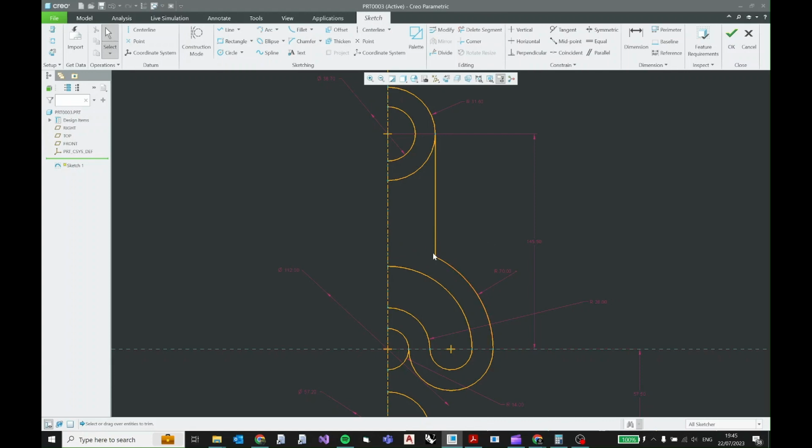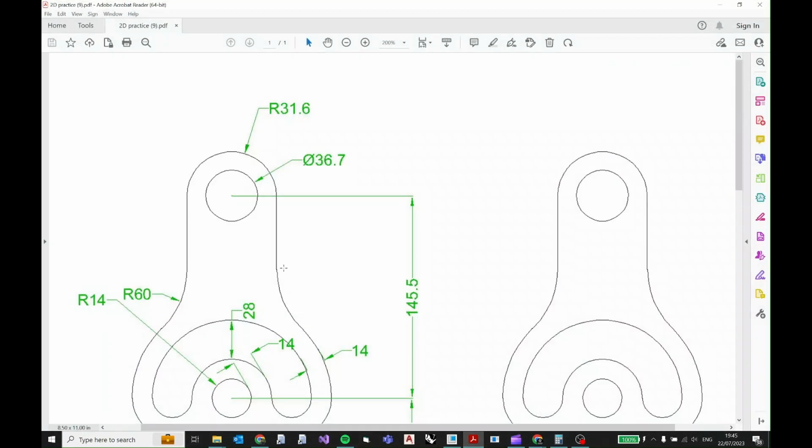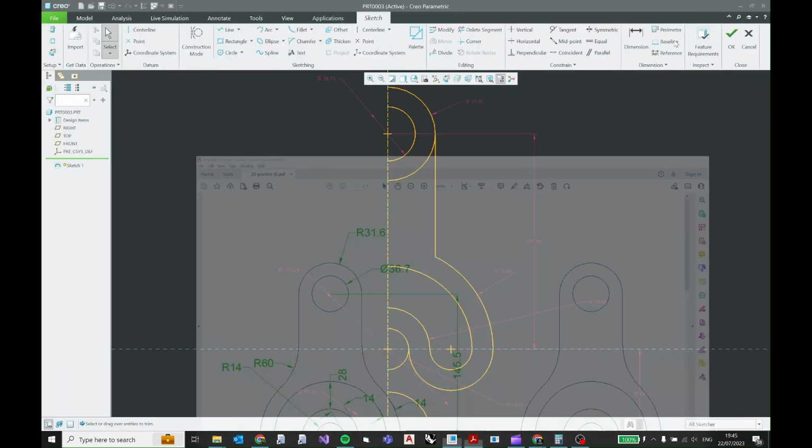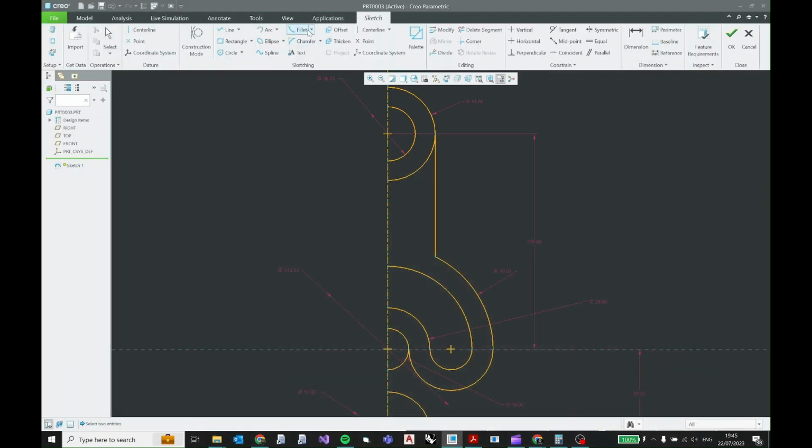And then over here you can see that we've got a smooth join with the fillet of radius 60 millimeters. So I'm going to go over here, select this and this line, and then press escape and set the radius of this circle as the fillet to 60.0, and toggle lock this dimension so that we're not able to change it. Okay,